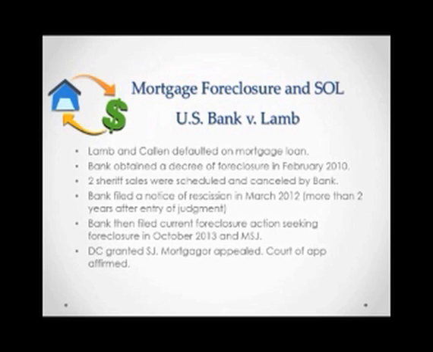There is a pair of cases addressing mortgage foreclosures and the statute of limitations. So in U.S. Bank v. Lamb, Lamb and Callan defaulted on their mortgage loan. The bank obtained a decree of foreclosure in February of 2010. There were 2 sheriff sales that were scheduled and subsequently canceled by the bank. The bank eventually filed a notice of rescission in March of 2012, which was more than 2 years after the entry of the judgment. And so the bank then filed the current foreclosure action, seeking foreclosure in October of 2013